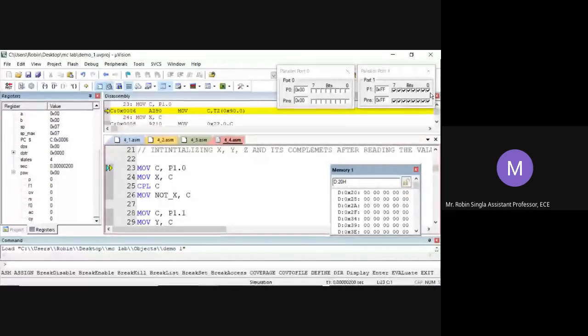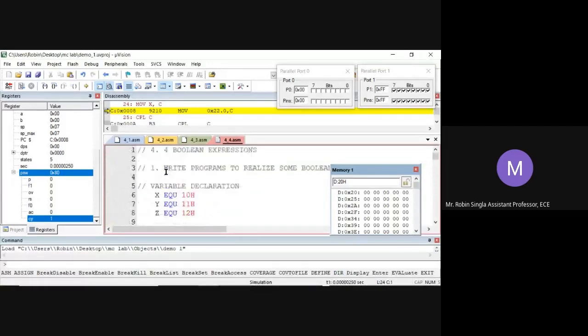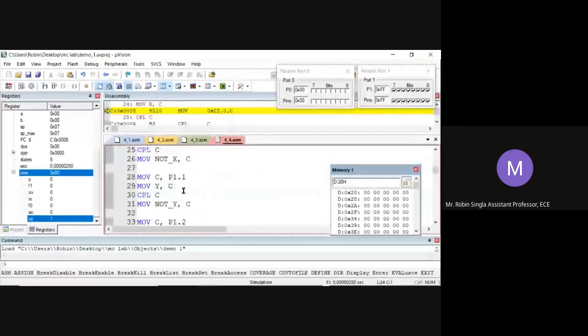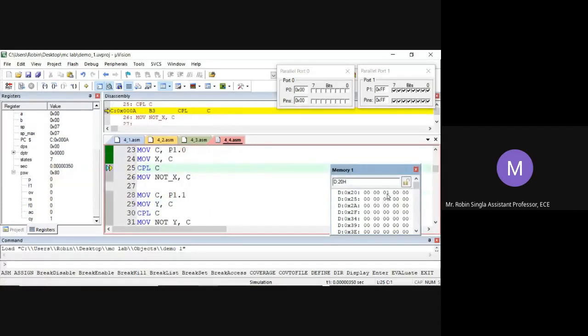We'll move this bit to carry. Okay, now carry is high. Move carry to X. X is 10H. 10H is first LSB of 22 memory location. So after execution of this instruction, we check whether this value of 22 memory location has changed or not. So, it has become 0.